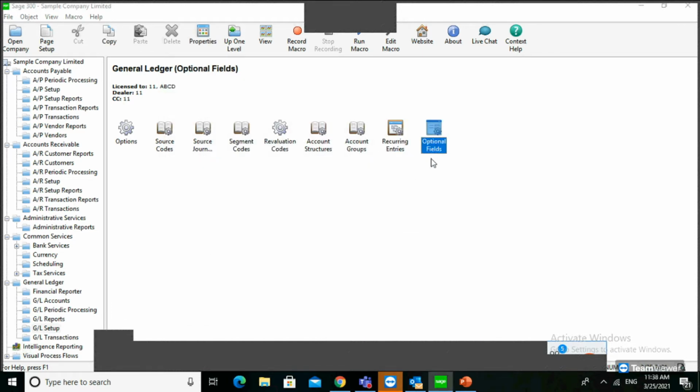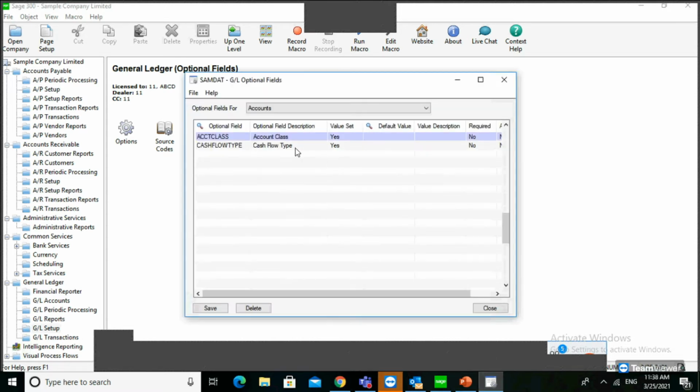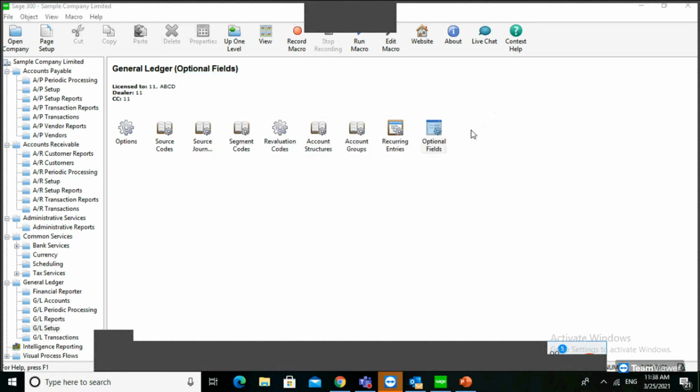Also, these are optional fields. This is an additional module that you need to purchase additionally. You can keep the optional fields on a transaction basis when you are doing the journal entries. This is the GL journal optional field. This is the additional module. You can keep the optional fields when you are processing the transaction. You can define an additional optional field and keep it. When you are doing the journal entry, you can process that optional field as well.